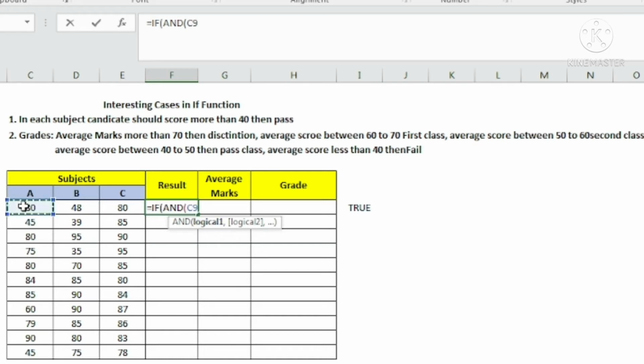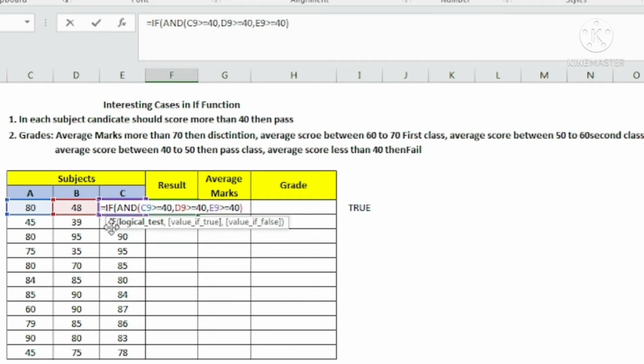First logical test, subject A score should be greater than or equal to 40, comma, subject B should be greater than or equal to 40, comma, subject C here, this one should be greater than or equal to 40. Now it will check all these three subjects, and the AND function will give me the result true or false.